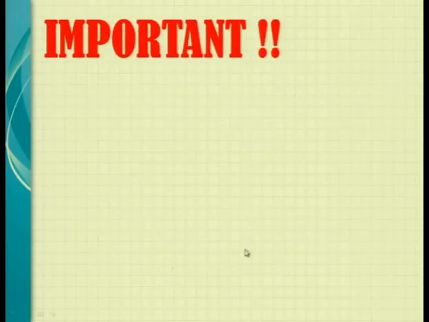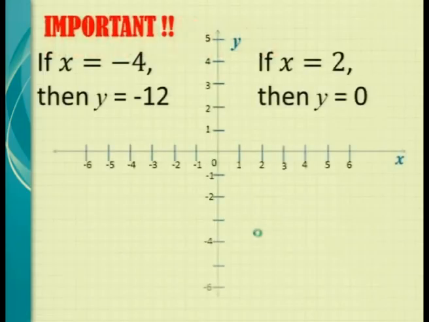Very important that you must remember those values go together. Remember on the graph we had certain points on the graph, and each of those had an x value and a y value. So those go together. If x is minus 4 here, then y will be minus 12. That's way down there. If x equals 2, that's here. Y equals 0. That's right on this point here. So solving those two equations gives me two pairs of answers.